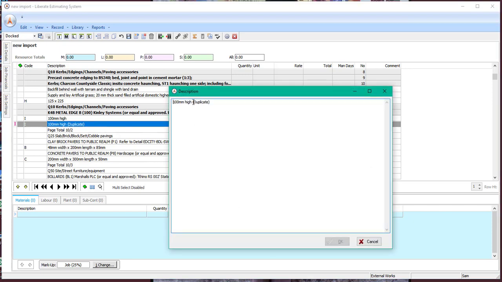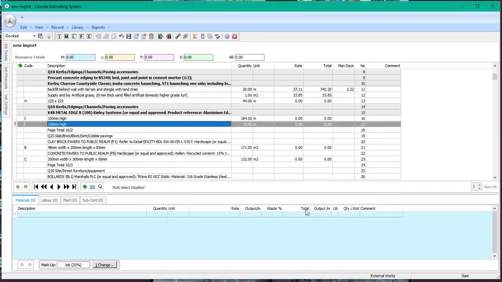Right. Now, I phone up Kinley because that's where I want to go. And I say, what is the price for these particular edgings? And he says, I get a price of £8, let's just say. Metal edge, Kinley,